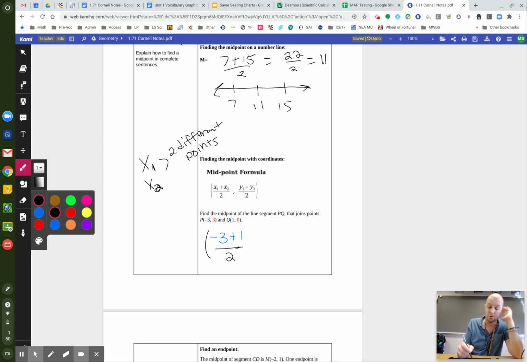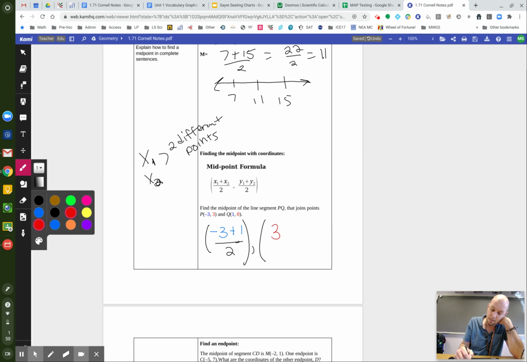Now I'm actually going to do both of these points at the same time just to make it easier, and you can do this too. And I'm going to take my y's, and I'm going to have a parenthesis, beginning of parenthesis, now I have my y coordinates, which is 3 plus 0 over 2, right? And so if I just simplify, do my math, I've got -3 plus 1, which is -2 over 2,